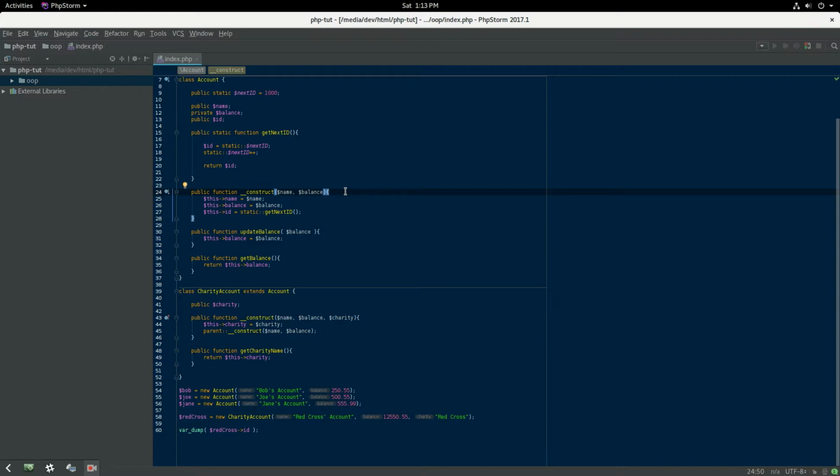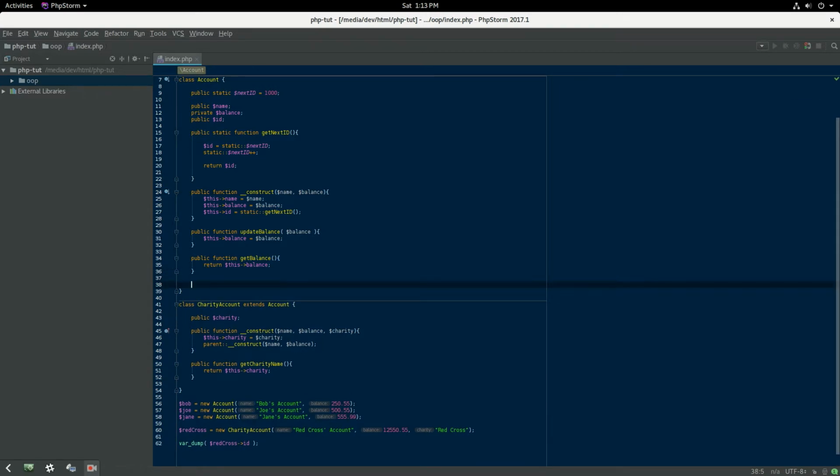So there are a number of other magic attributes that classes have, but we're just going to take a look at a couple of them today. So obviously the construct function is one, and that's one that we're fairly familiar with, so we're not going to spend much time on that. But another one that we want to take a look at is a magic attribute, and that is the class attribute. So let's say we have a function that we're just going to use for testing, public function get class